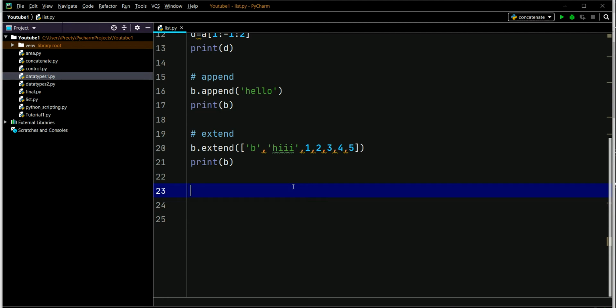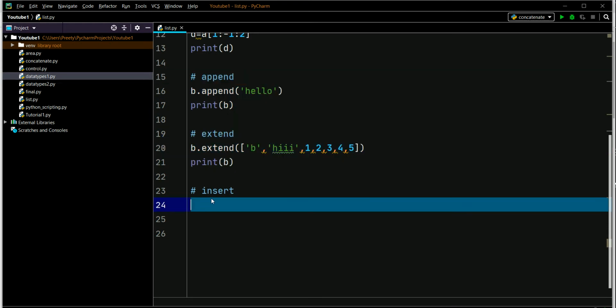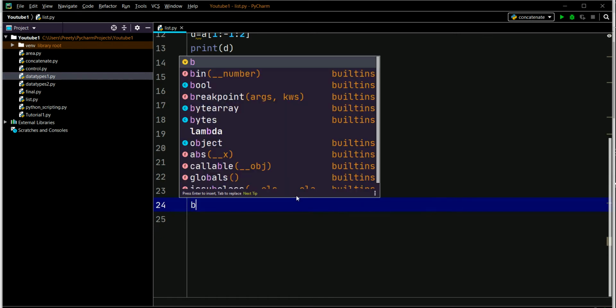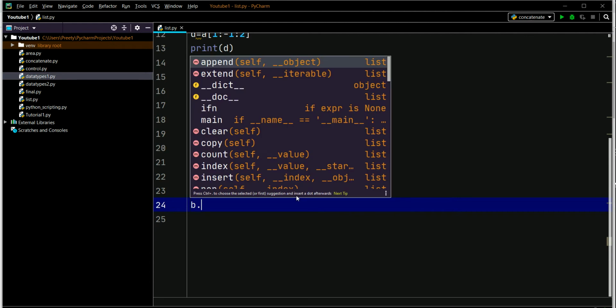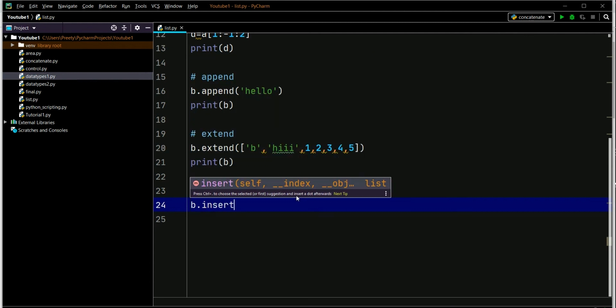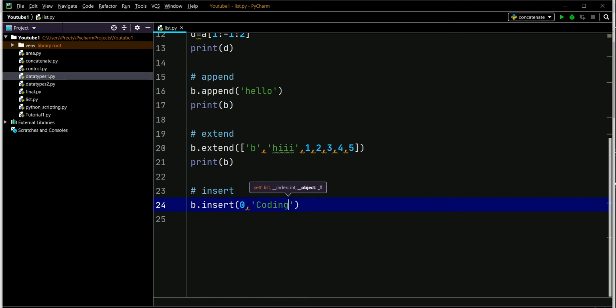So now let's talk about insert. By the name only it is clear that you have to insert values, but how? Now the question is how it is different from append and extend. So in insert, let's see, b dot insert, you can give the index value at which you want to insert the value.